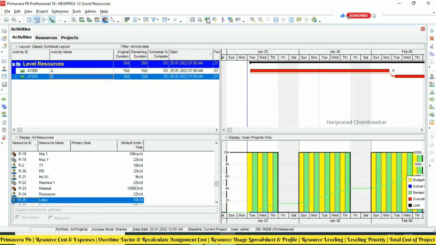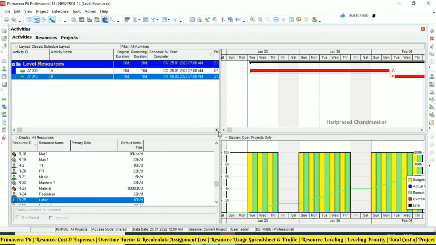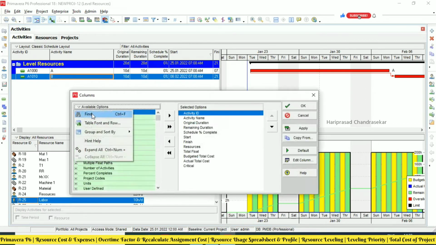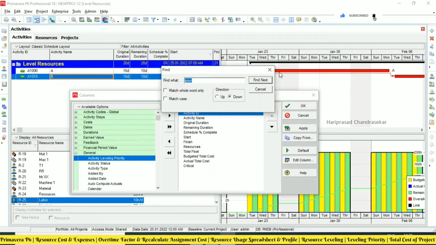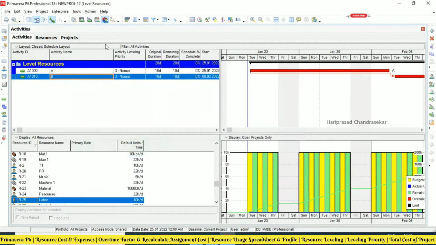Now you've got no resource over allocation, leveling the resources. Okay. This activity leveling priority, in the sense, the leveling priority normally is not showing here, right? We can go for columns. Priority, I will put here.